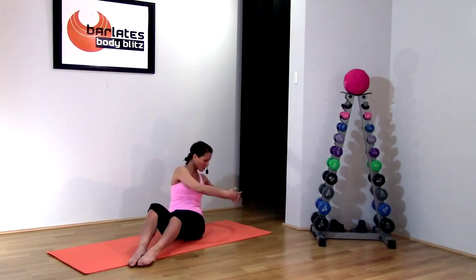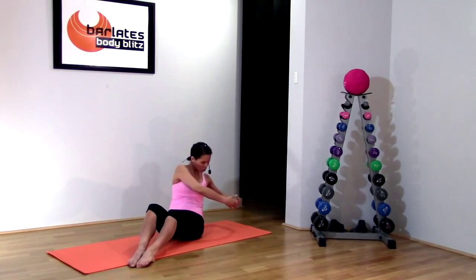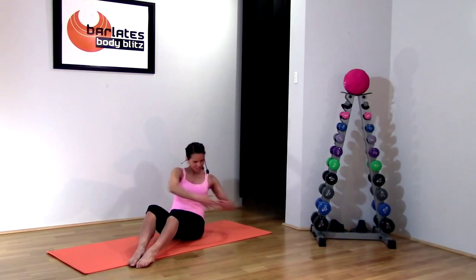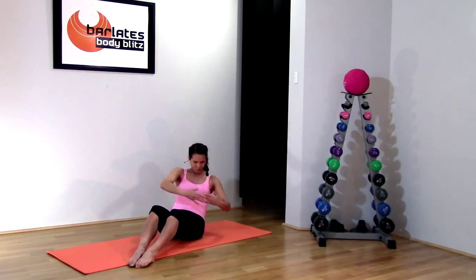Now holding your hands in that nice rounded first position and pulsing to the back. So it's like you're pulsing your elbow behind you. Try and keep your legs anchored. Make sure you're pulling your tummy in really tight. Stay low and just pulse to the back all the way around. You should feel this through your central oblique area, that muffin top area. 8, 7, 6, 5, just 4, 3, 2,